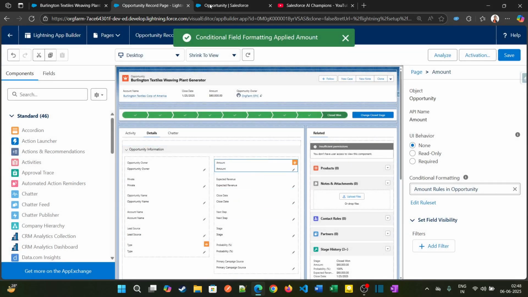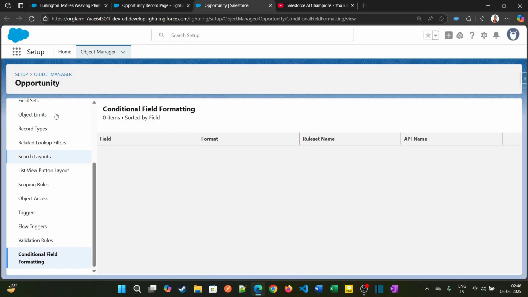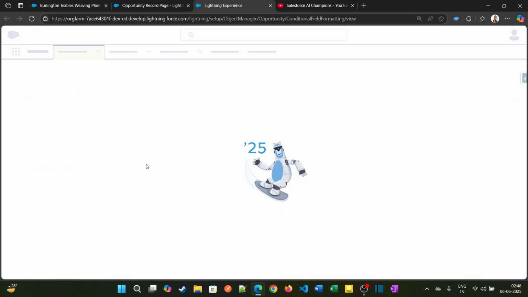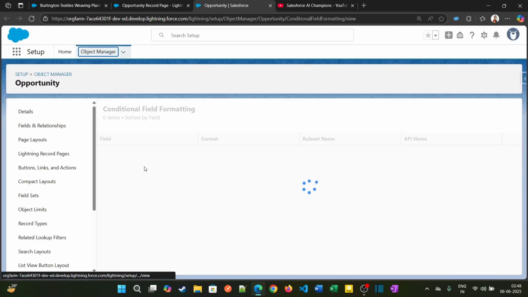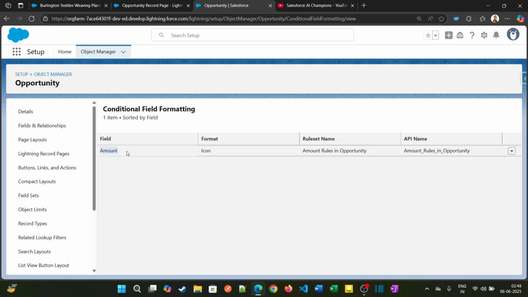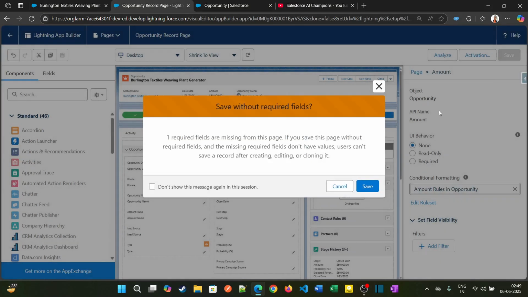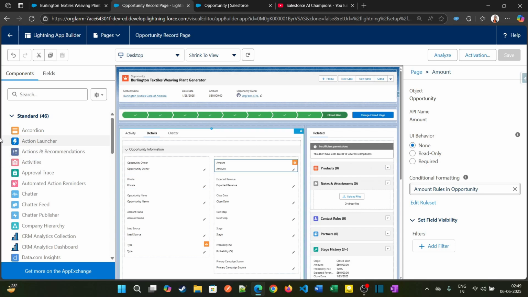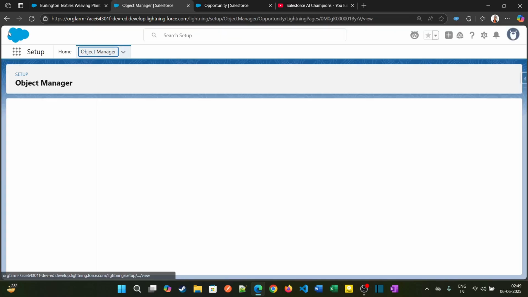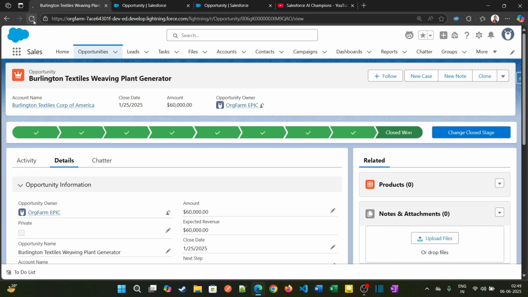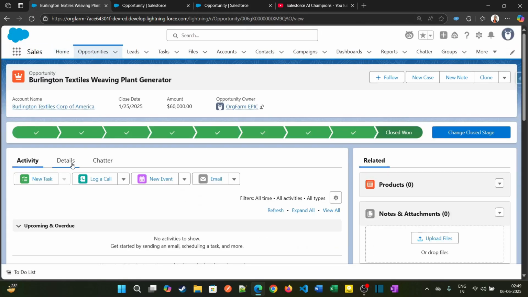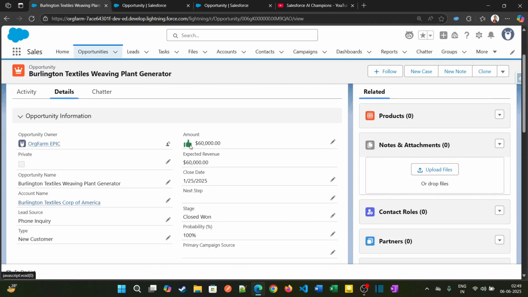This rule set got created, and if I refresh this page in the opportunity, we can find that our rule got created. So this is our rule, and all the rules will be shown here whenever we add more rules to a field. Let me test it out, and I'll be clicking on save. And let me quickly refresh this page once, and on the details we can see that thumbs up is there